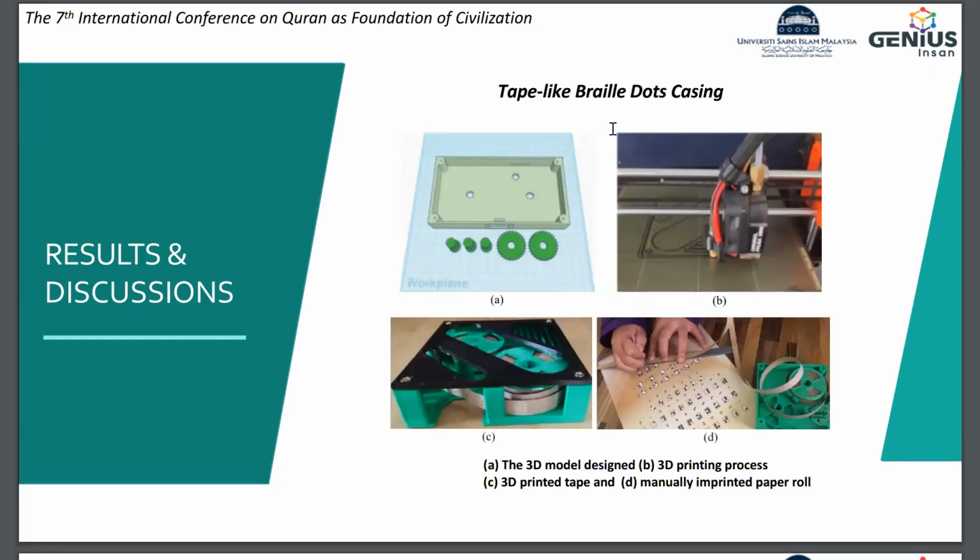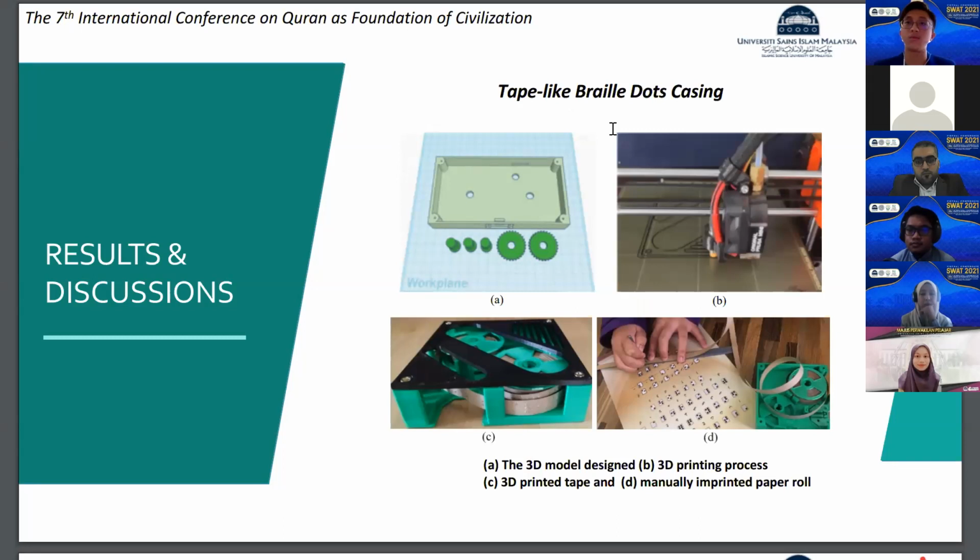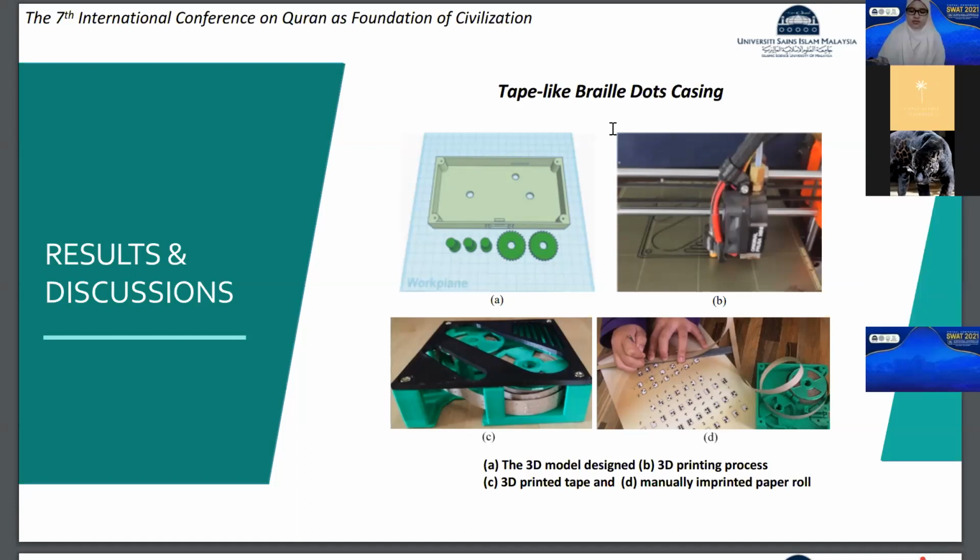This is the 3D model of the tape-like casing that was designed using application Tinkercad software. The tape was then converted into STL file and was sliced using process slicer software, STL file to G-code file. Consequently, the G-code file was used for the 3D process to print the 3D model. The 3D printed tape-like model as shown in figure C and